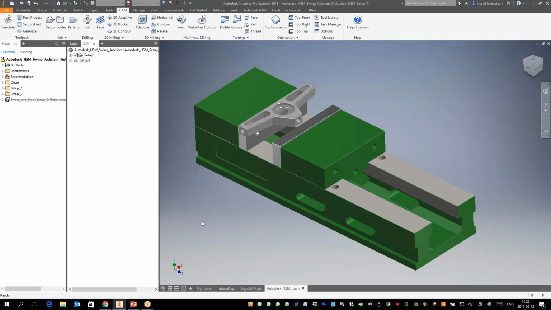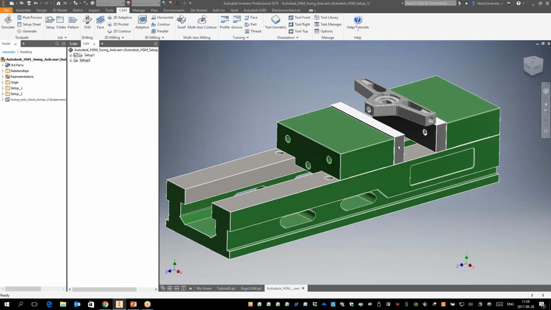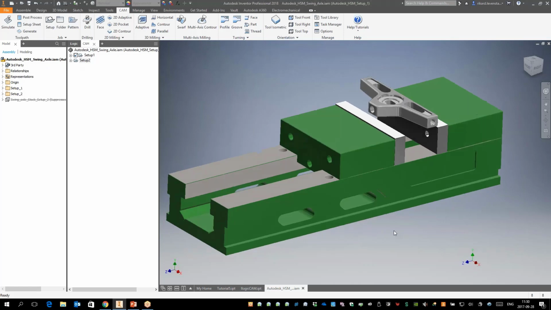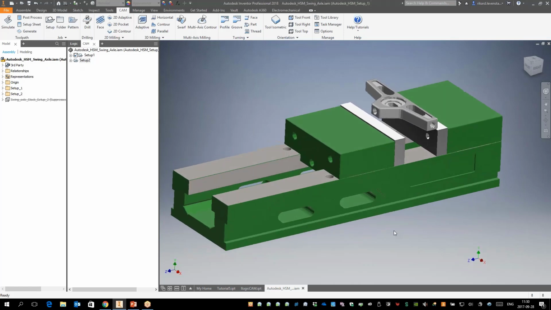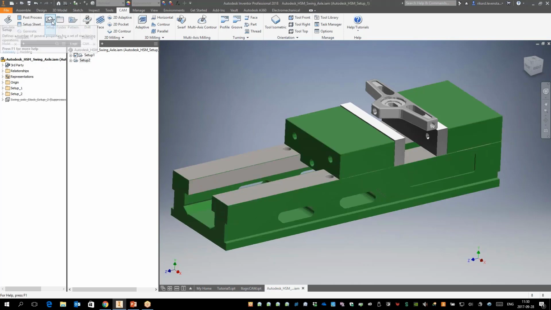Good. When I should do some machining of this part, I have already done an assembly of the part inside to fit it in the vise. But it doesn't matter if I would like to machine from an assembly file or a part file. It works exactly the same. That could be good to know. You can machine on a part file with a lot of parts, and you just create a new setup for every part that you would like to machine. So when I click on the setup icon here,